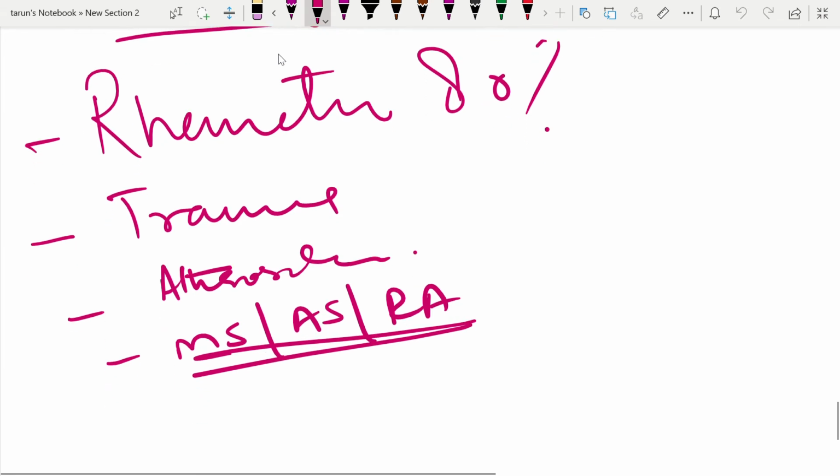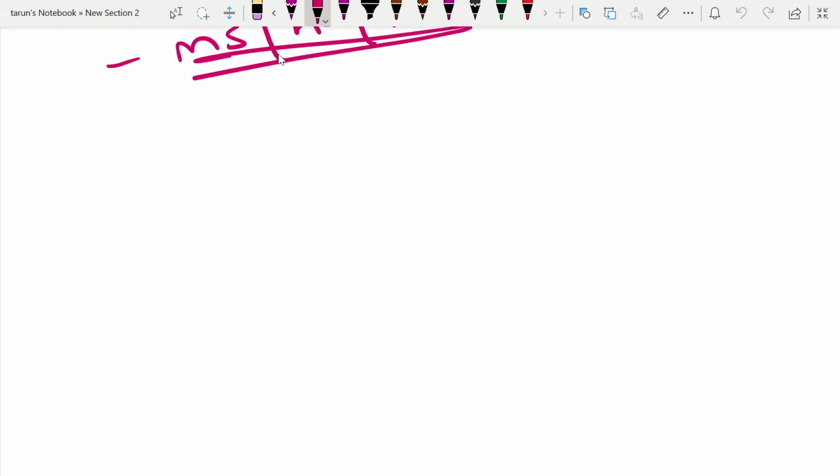Now the acute causes of aortic regurgitation. Peripheral signs are absent in acutely developing aortic regurgitation. So if there is acute aortic regurgitation, you won't get the peripheral signs. It is only in chronic aortic regurgitation that you will be getting the peripheral signs. In acute cases you won't get the peripheral signs. So what are the causes of acute aortic regurgitation?